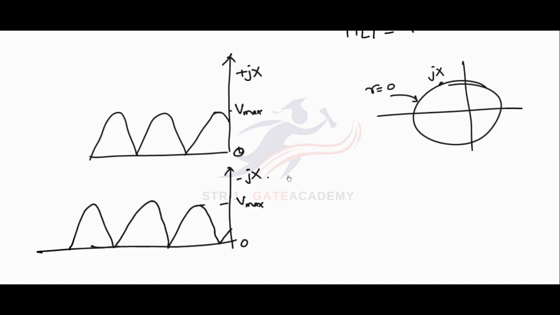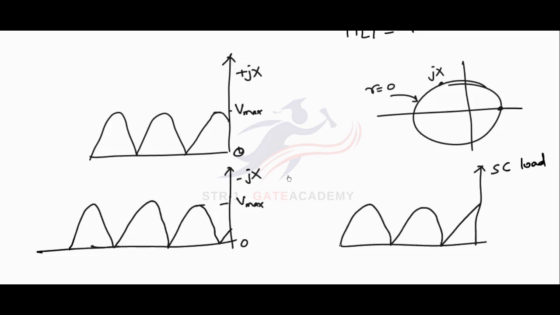Now what about the short circuit load and the open circuit load? If the load is short circuited, the load directly appears on the Vmax. So at the load end itself you will have Vmax. For a short circuit load, you will have Vmax directly and you will have the pattern like this. Again, short circuit load is a full reflection case,